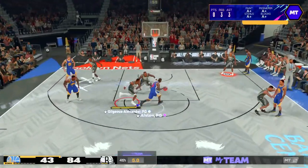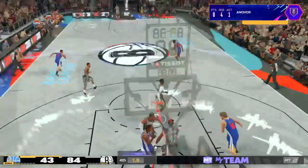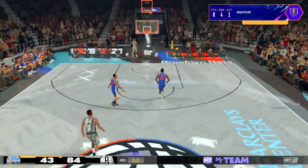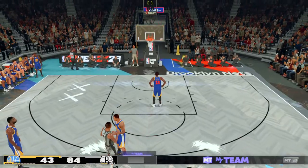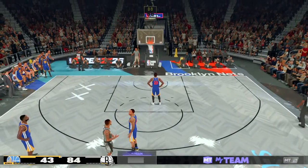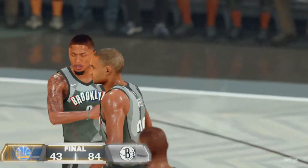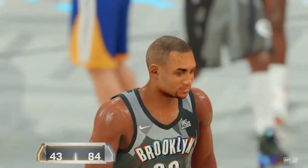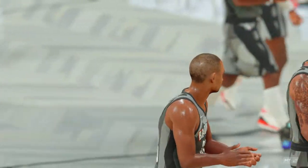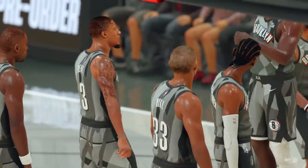Now Alston. He takes it in. Great D that time from Brand. And the miss. And so it's Brooklyn easily grabbing this one. This game may not have been the most exciting we've ever seen, but you have to appreciate just what a clinical performance they put on. I know their fans appreciated it, and we saw at times just stretches of excellent defense, potency from a...